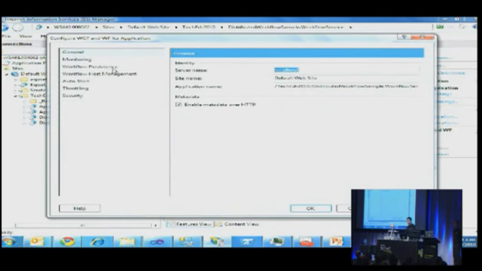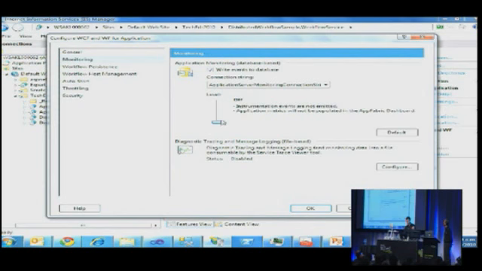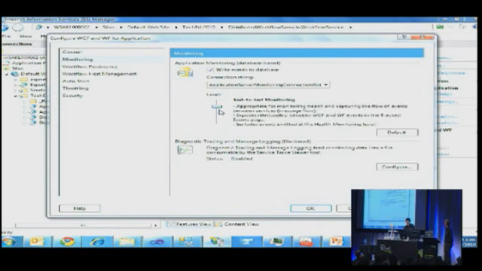They've actually put a lot of features in here to make things a lot easier than they used to be. So, extending that app config or web config UI that used to be in IIS. If you look at the monitoring here, you'll see that we have a slider. We can change that monitoring level from off, errors only, health monitoring, which is the default,